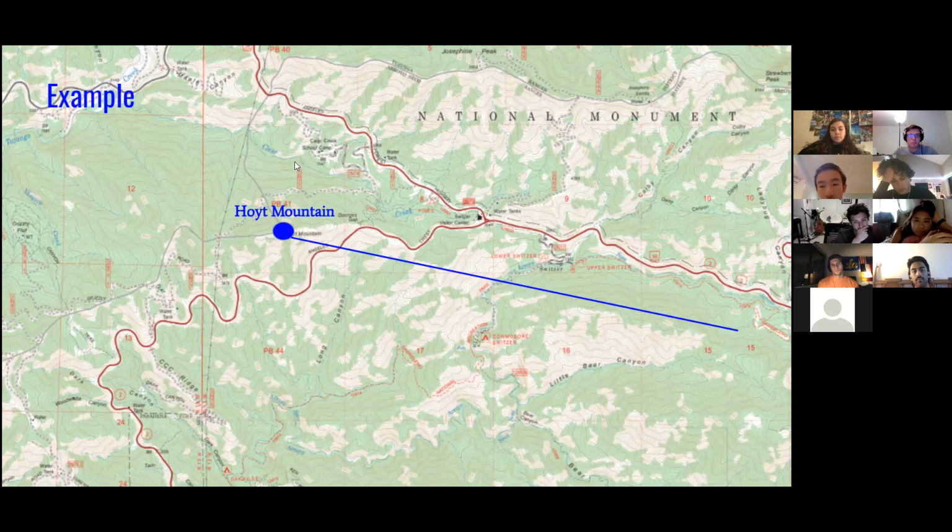So then in that case, you want to identify at least 2 more monuments. So let's say from your vantage point, you'll be able to see Josephine Peak, which would be right up here. And then you want to also do the same thing, capture a bearing for Josephine Peak from wherever you are, draw the line. And then now you're going to have a more accurate idea of where you are. So you can be somewhere here, but then you want to at least take that third bearing